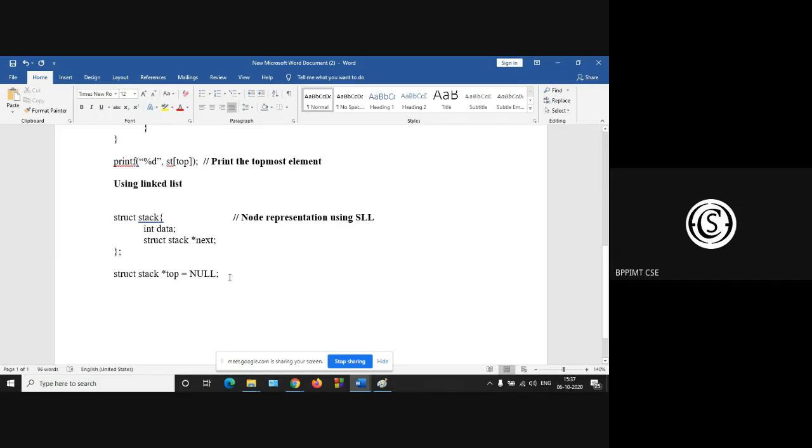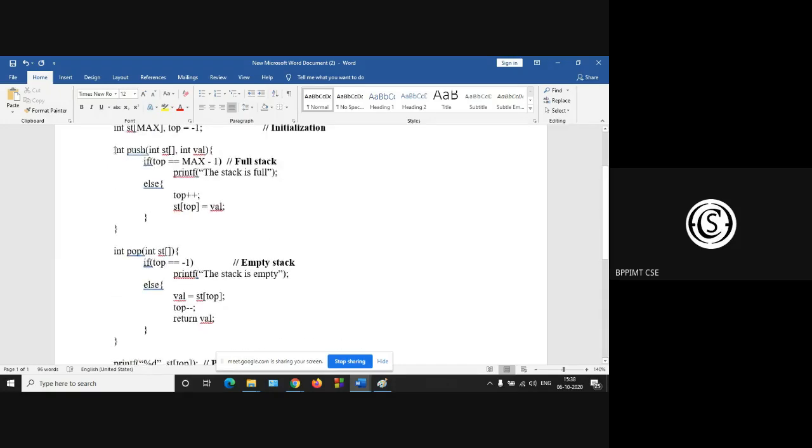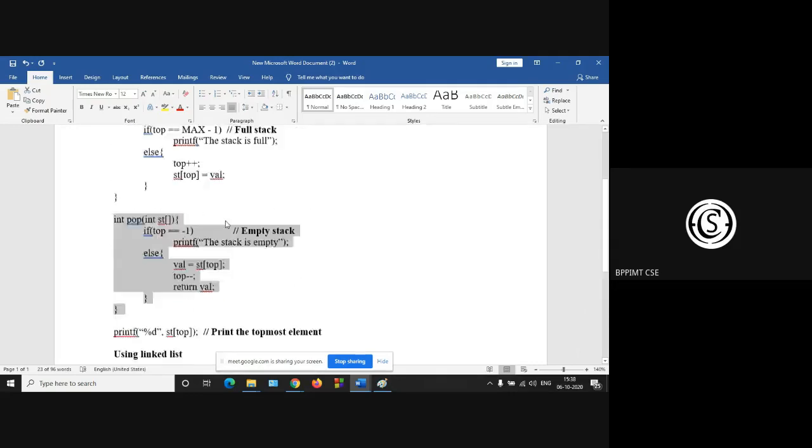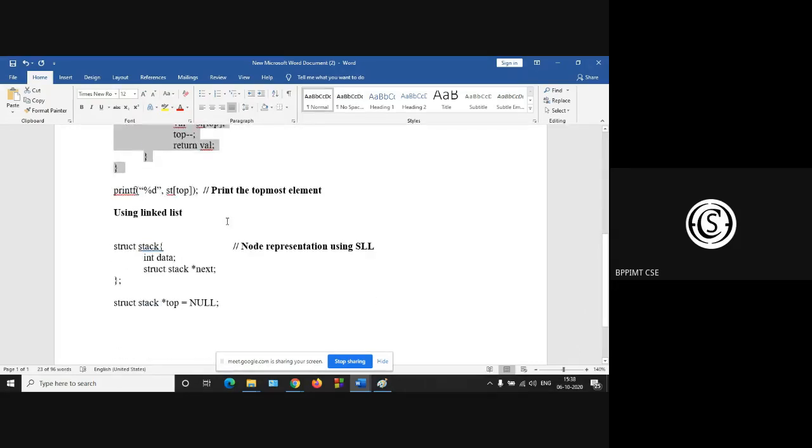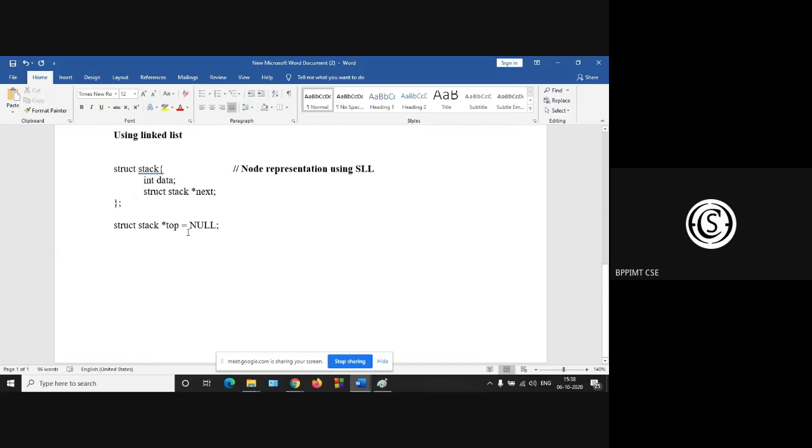Next, you have to reconstruct this push function and pop function. So push function, let this is stack push.